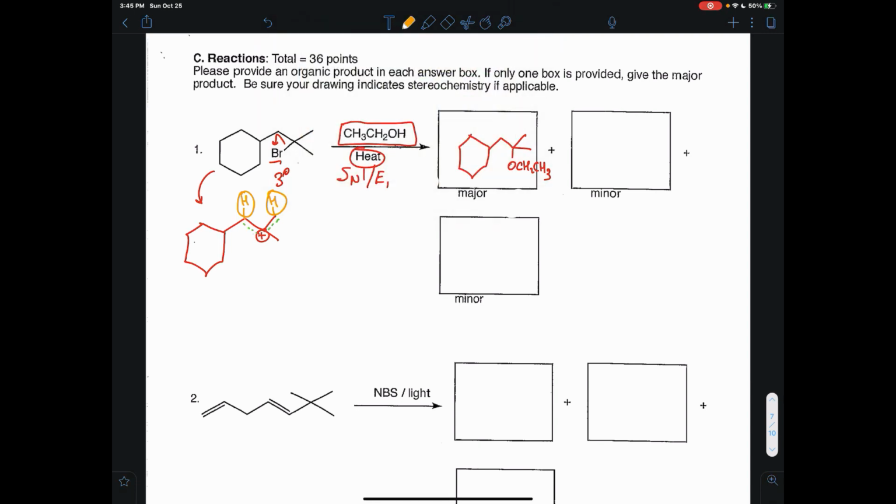So let me draw the product of this one. I'm going to end up with a cyclohexane with either a double bond right here or a double bond right here. Right, and then if I were to compare those 2 products of E1, which one is going to be the more stable one? Remember, the more substituted the alkene is, the more stable it is. So this one would be the more stable out of the 2 alkenes. Right, so now, moving on,